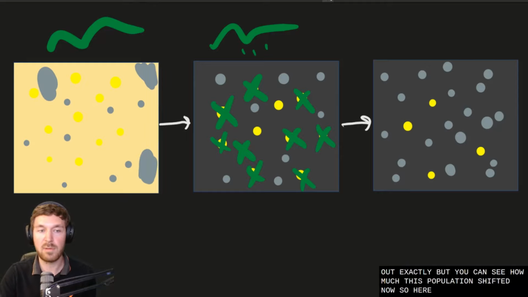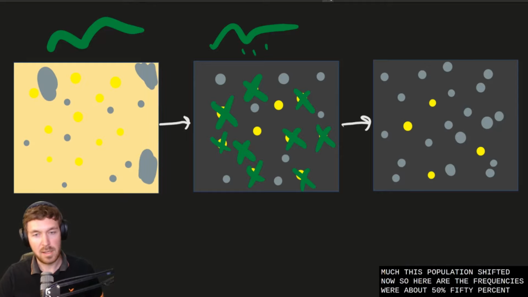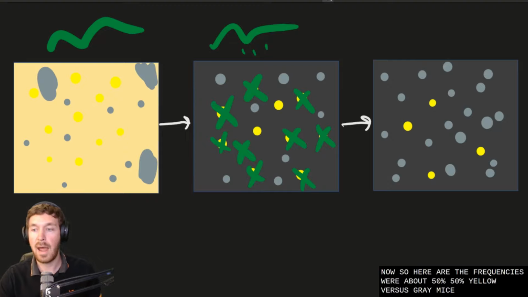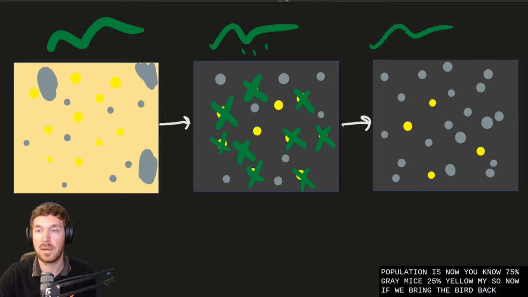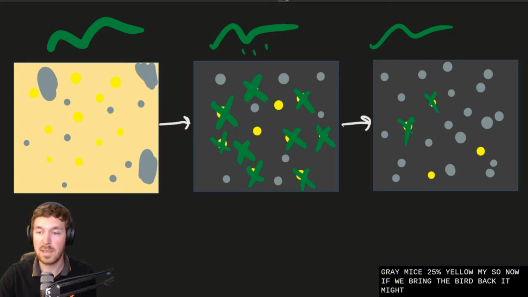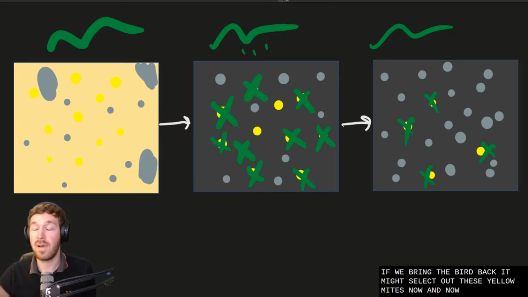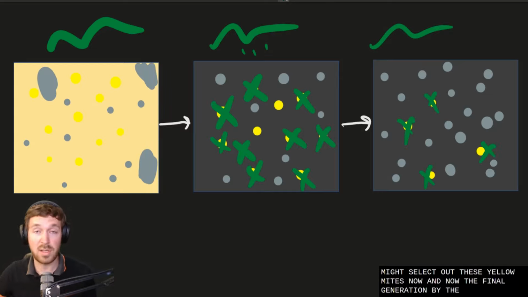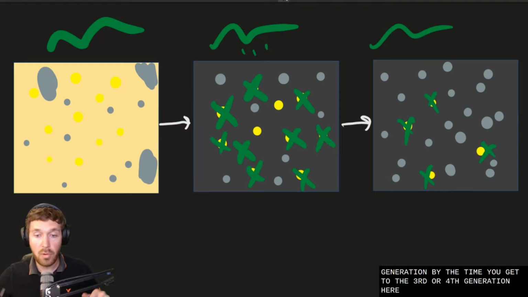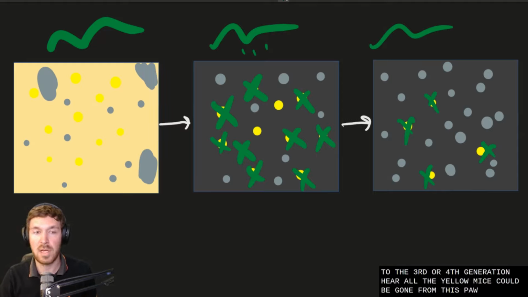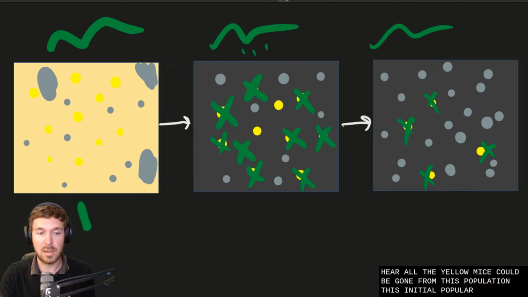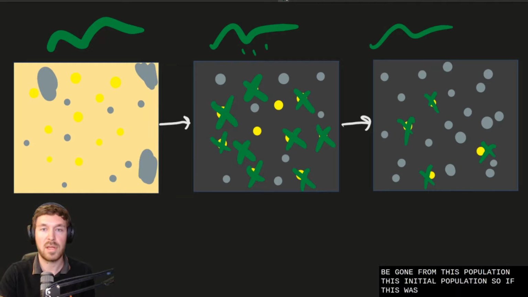So here the frequencies were about 50% yellow versus gray mice. Now in this population, it's 75% gray mice, 25% yellow mice. So now if we bring the bird back, it might select out these yellow mice, and by the time you get to the 3rd or 4th generation here, all the yellow mice could be gone from this population. This initial population, if this was population 1 here,